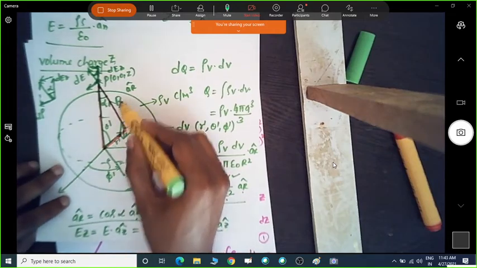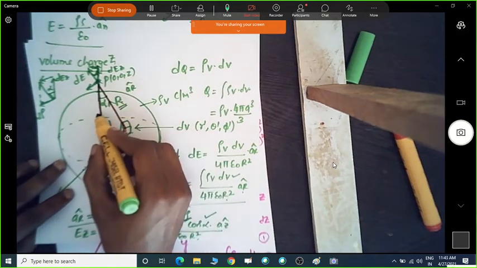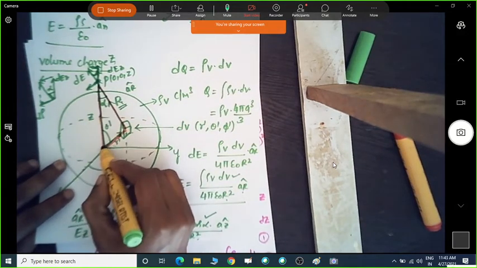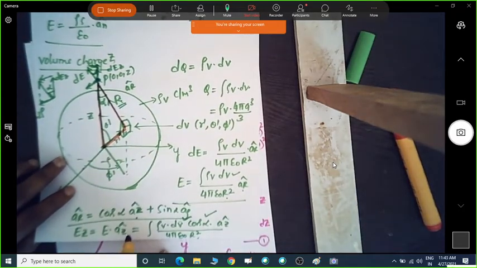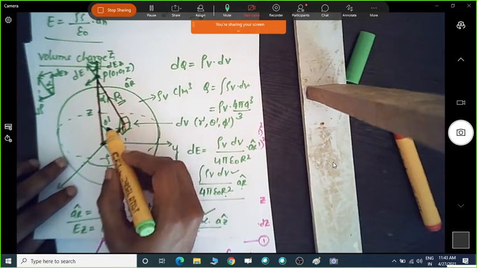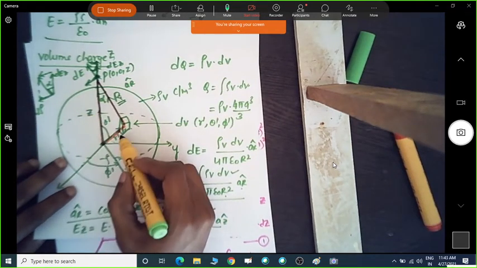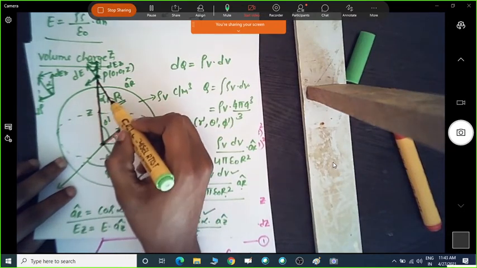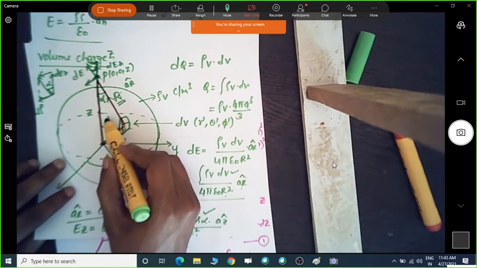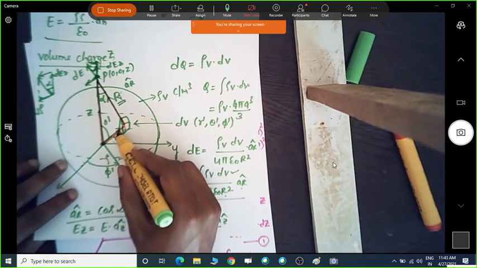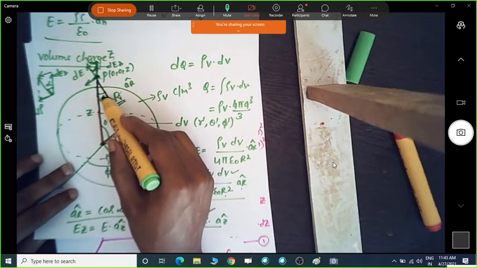Now I'll write r and r dash using the cosine rule. If I want r square, this is the value of z, from 0 to this point we can take it as that value z. So in the cosine rule we will get z square plus r dash square minus 2z r dash into cos of, what is the angle opposite to this? It is theta dash, so cos theta dash. Similarly, if we want r dash square, it is z square plus r square minus 2zr cos alpha.